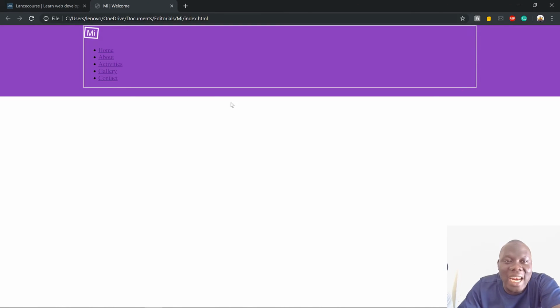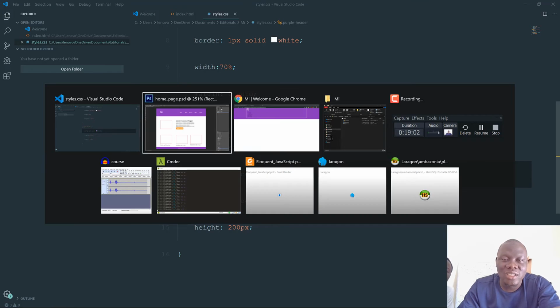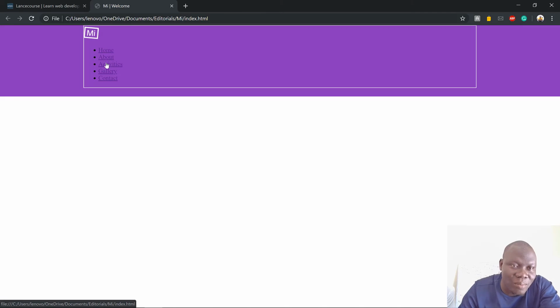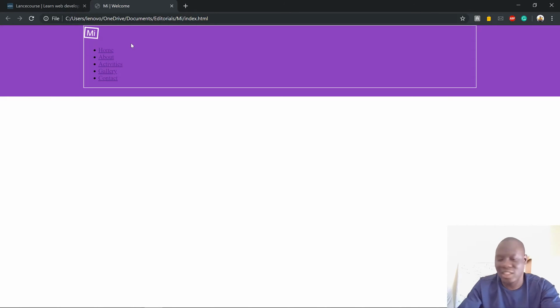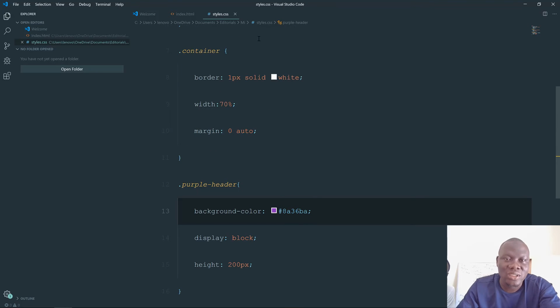So this container here allows us to maintain the content at some width on the header without having it follow the header's width by default. So once we do that, the next thing, I'll keep the border of the container like this for you to see that we make it contain the menu so that the menu doesn't cross. Now I want the logo and then the menu to be aligned on the same line. So we need one particular property in CSS to do that,